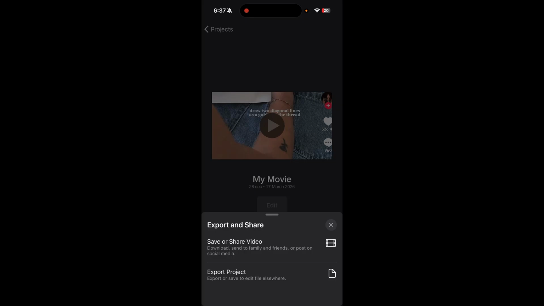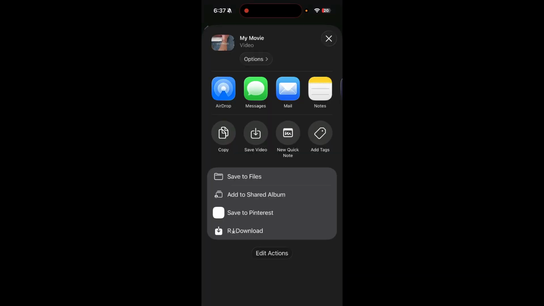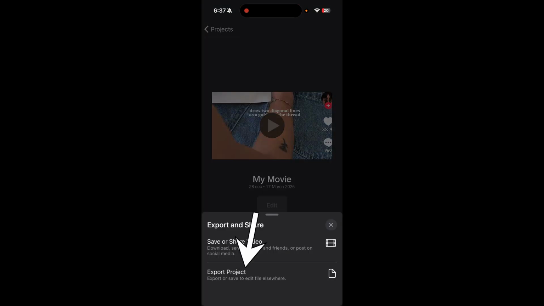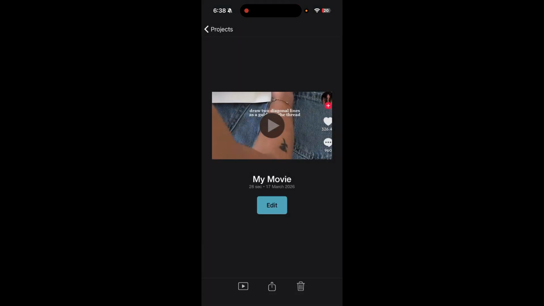Here when you tap on it, you'll get options like this, and you can simply select to save or share video if you want to save and share the video as well. Over here, you can share to apps like the other socials as well, and this step converts your edited project into a final video file that you can post at the end. Or you can simply select to export project on the bottom, and after that on the bottom right, we